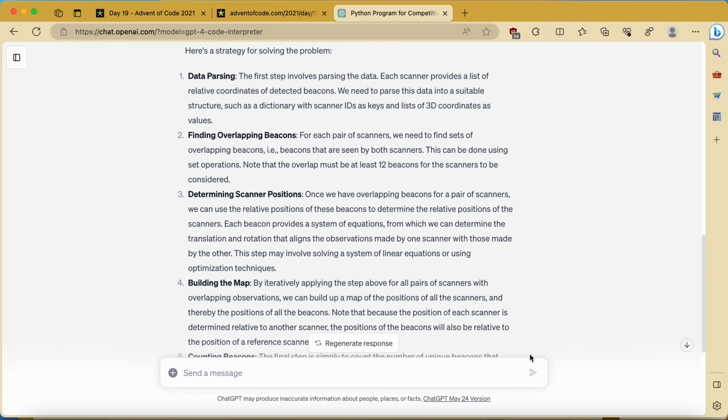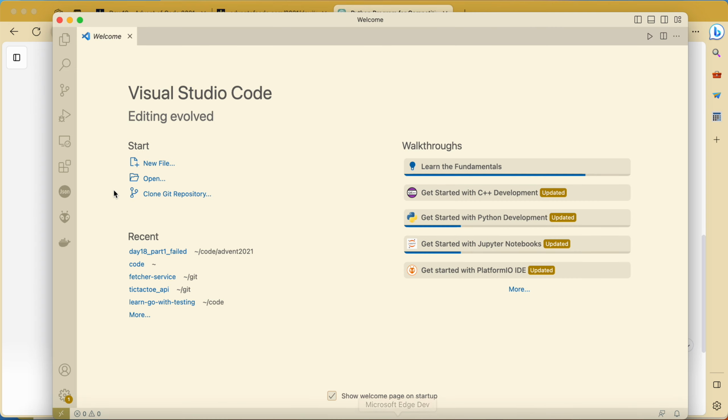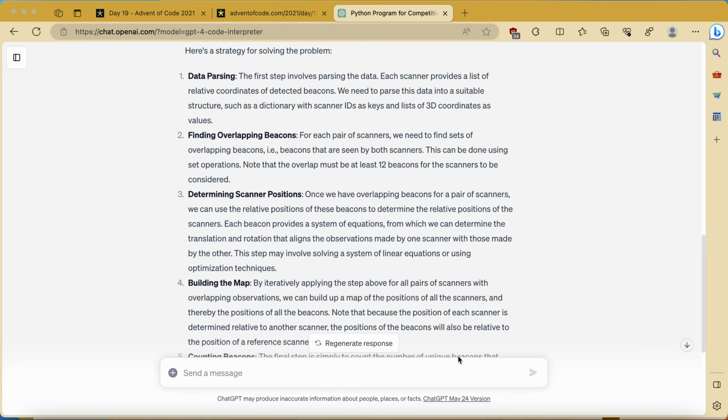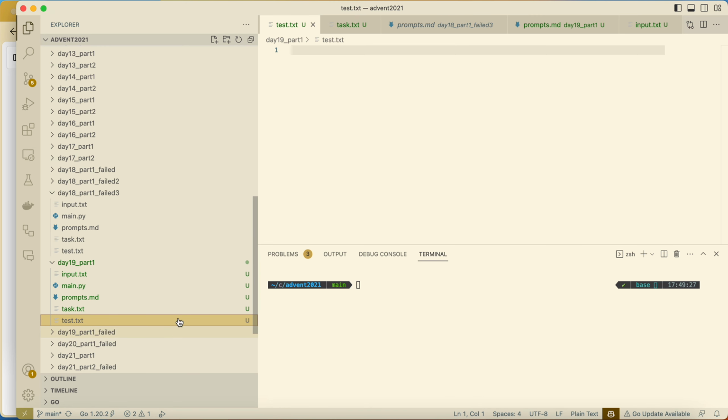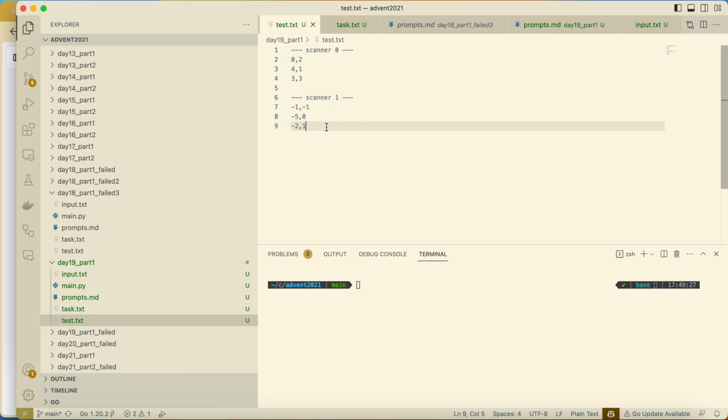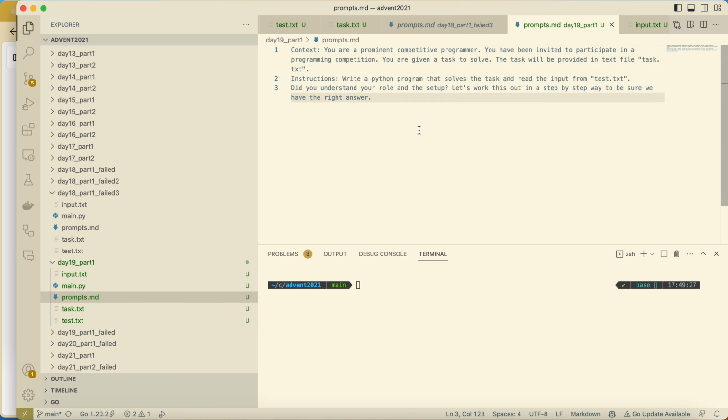What I exactly mean is, here in my test file, I'll put this one. In my prompt, I'll have